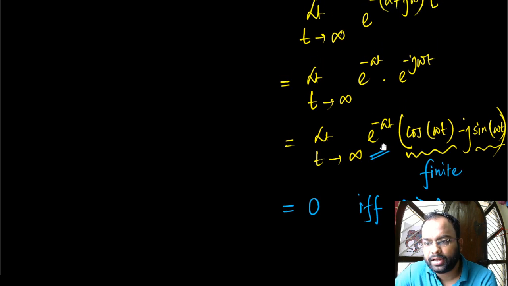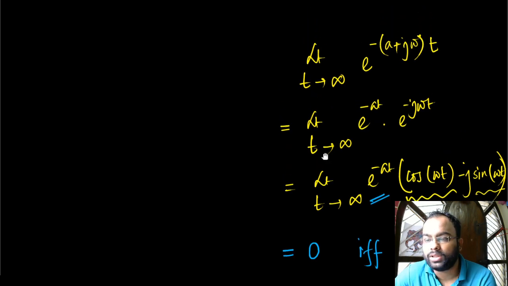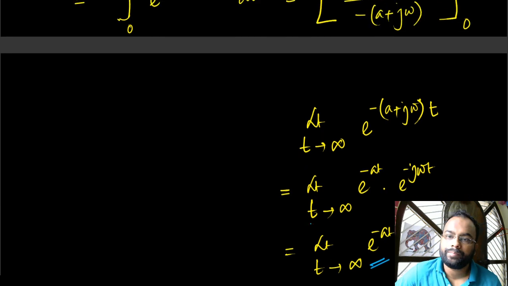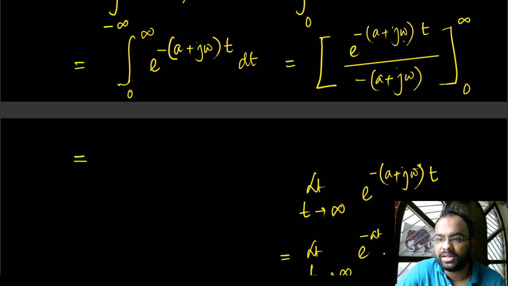And if a is somehow negative here, yes, we have a problem then. If a is negative, then what is the problem? If I put infinity here and a is a negative quantity, then we essentially get e to the power infinity. So it becomes a positive quantity, e to the power positive infinity, and that's infinity. So the limit won't exist. So with that said, the upper limit of this integration is 0,